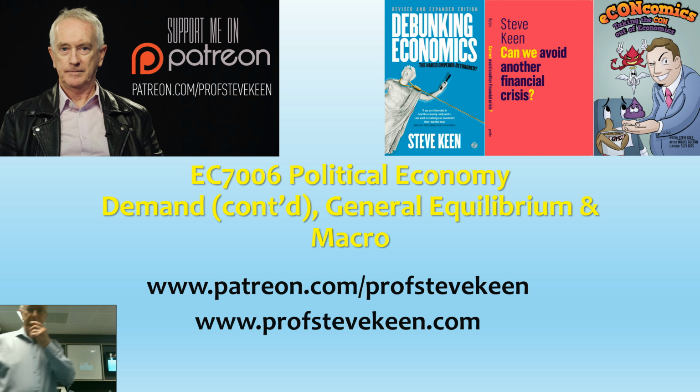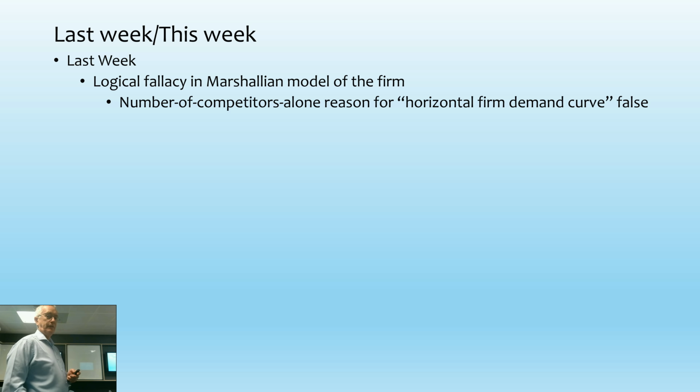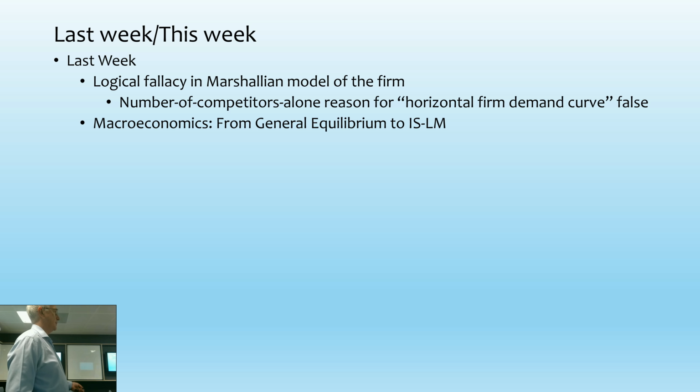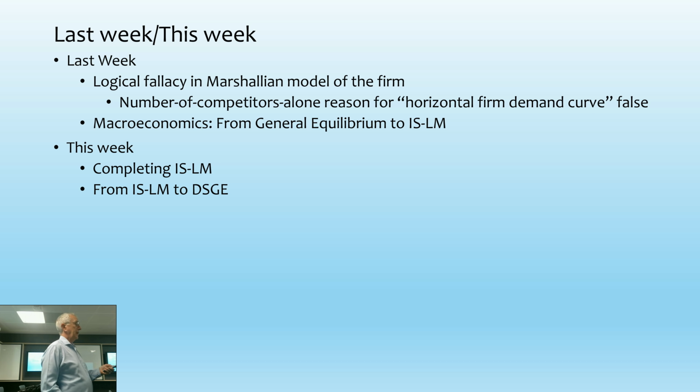All right, okay. So talking more about macro today and where it came from, I've been through, of course, the micro, the fallacies and the theory of the firm, and then how macro moved from originally, when you look at Hicks's ISLM model, it really was a general equilibrium model. It wasn't a Keynesian model. And this is how Hicks himself realised that he had to make this ridiculous assumption about equilibrium to make it work. So I'll finish off the ISLM bit today and then start about the beginnings of the movement from ISLM